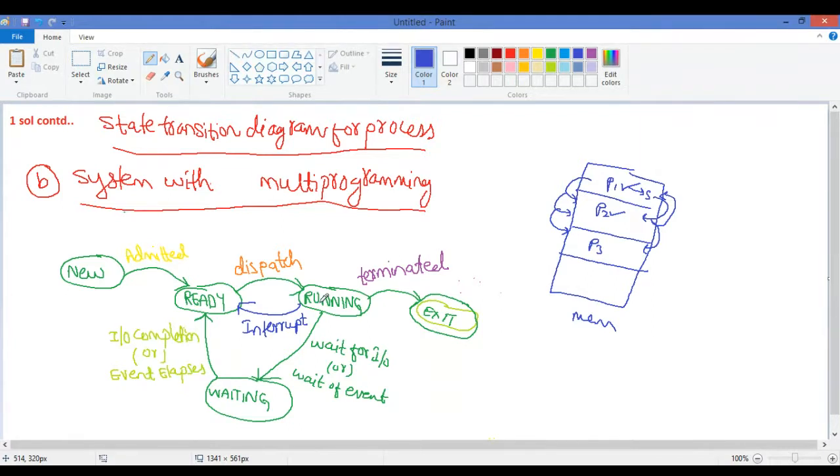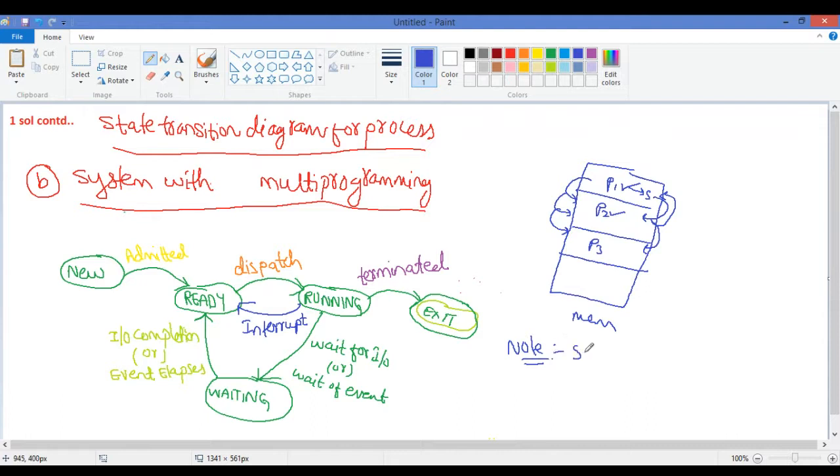A good example is in your laptop or mobile phone, you can open multiple things. You can do calling, you can do messaging, you can open some website, three or four applications you are opening, correct? At a time CPU is executing only one process. Multi-programming means all are there in main memory. You can switch from one process to another process. But whereas in uni-programming, you cannot switch from one process to another process. So the main difference, note down here.